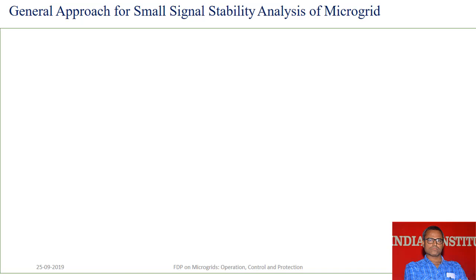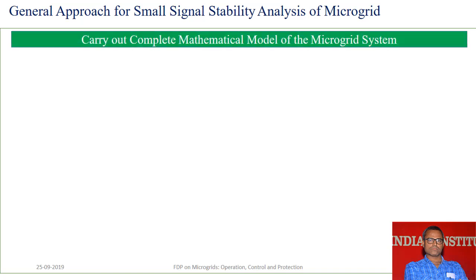Through some differential equations, we develop those models for all kinds of devices. So it is important to carry out a complete mathematical model of the microgrid system. Those are the components in the microgrid system. We need to see those components and carry out the mathematical model in the form of differential algebraic equations, DAE, right? So when it is done, the next step is